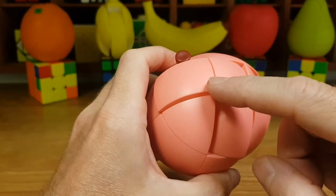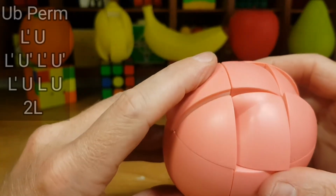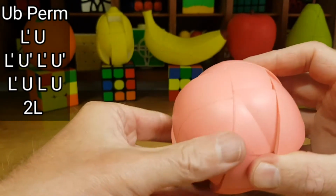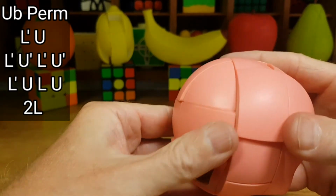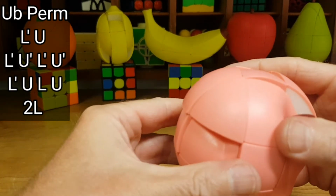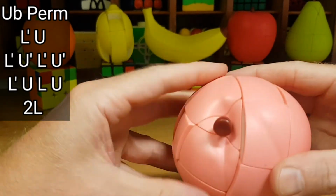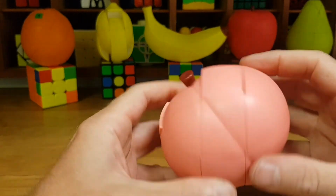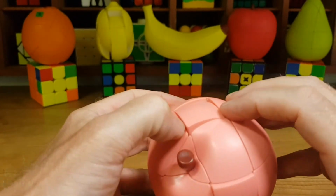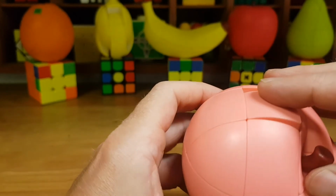So this is a U-perm, and we are going to do UB perm. So I'll just crack on and do that move. Okay, I'm sure you know what I'm talking about. Right, brilliant. I've done the UB perm and everything is correct. As you can see, these 2 centres aren't orientated correctly. This one definitely looks like it's 180 degrees out, so I'm going to do this 180 degree move on this,